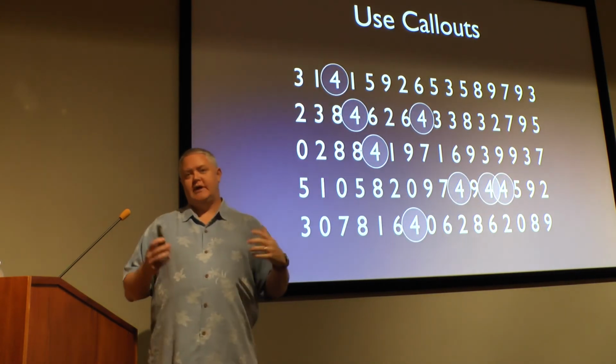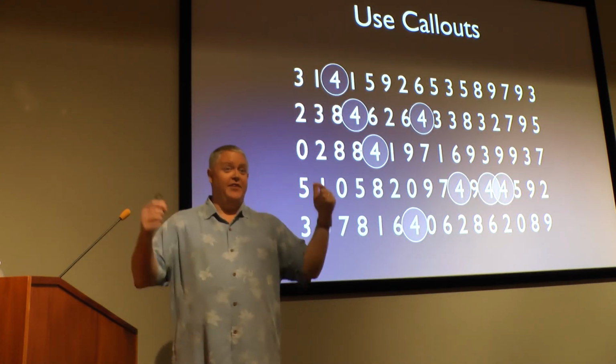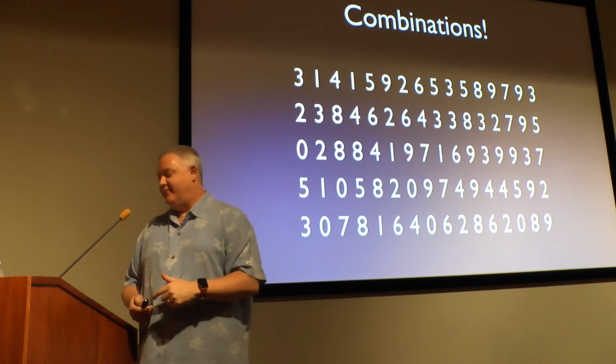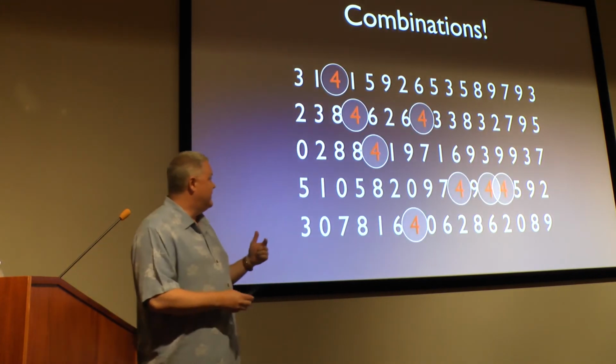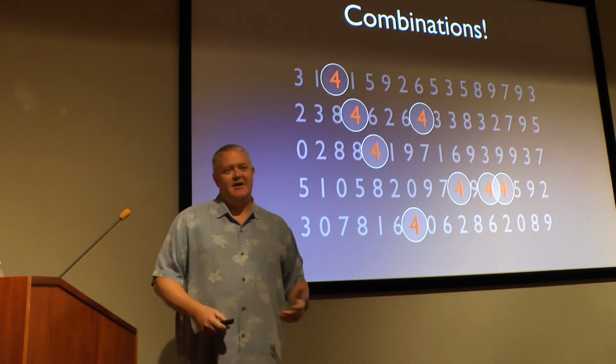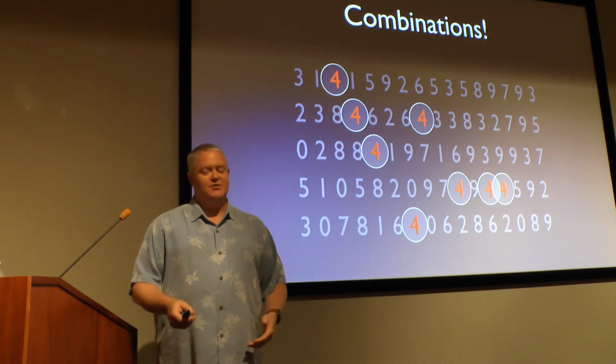And then I can do callouts, I can use arrows, I can use circles, I can call them out and say, this is where I want you to look. I can put them all together, right? I can make them red, circle them, and make everything else gray. Right, and just make it super, super, super obvious that this is what I'm trying to do.